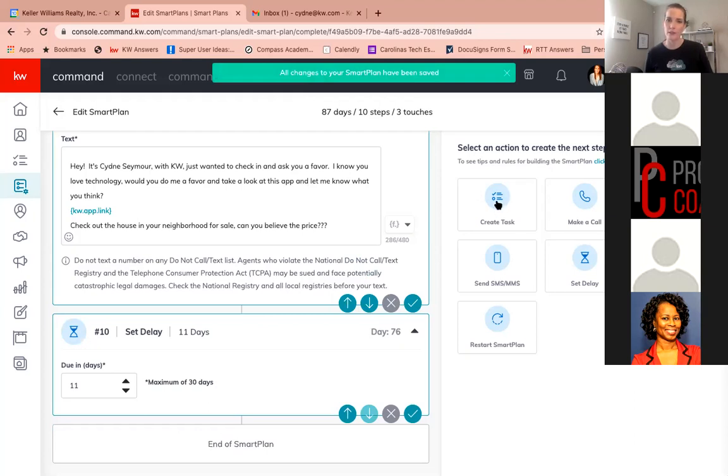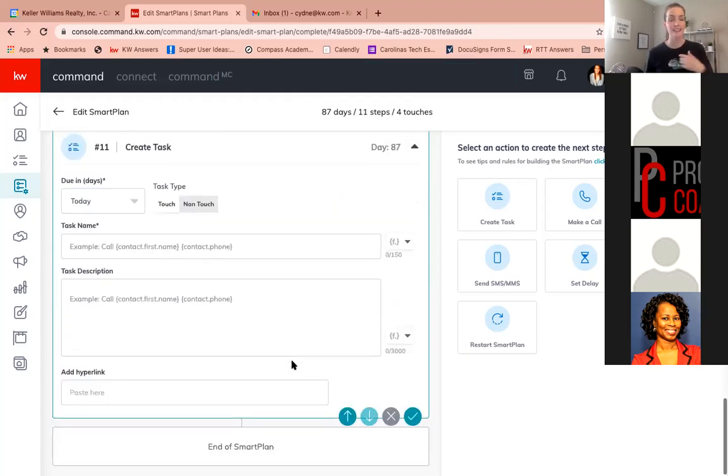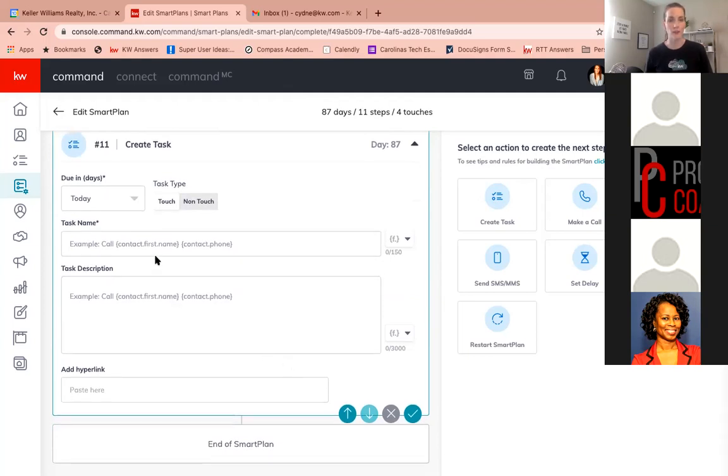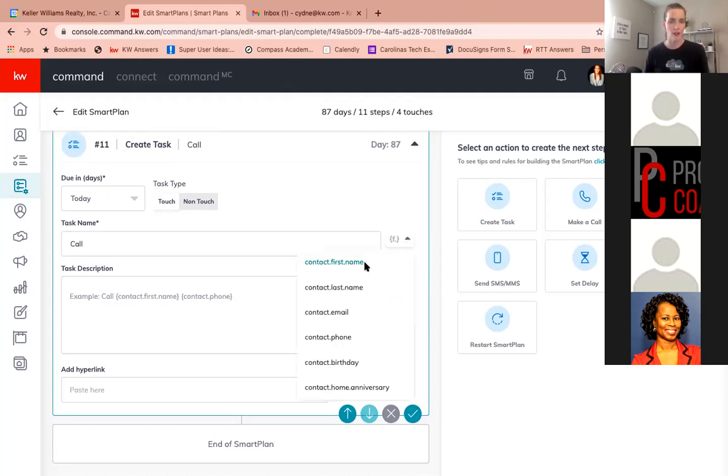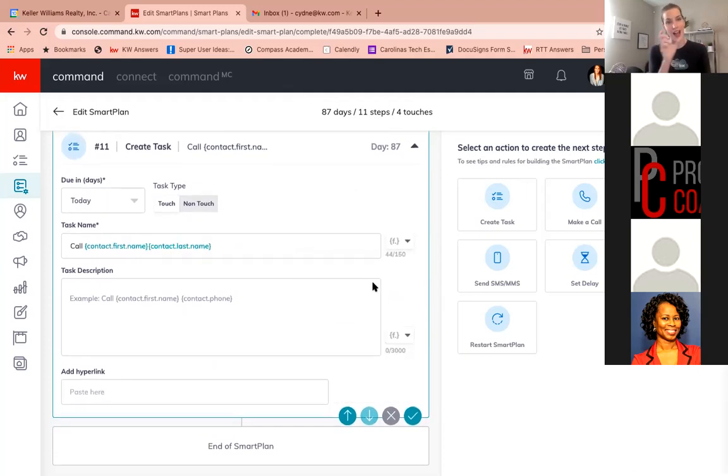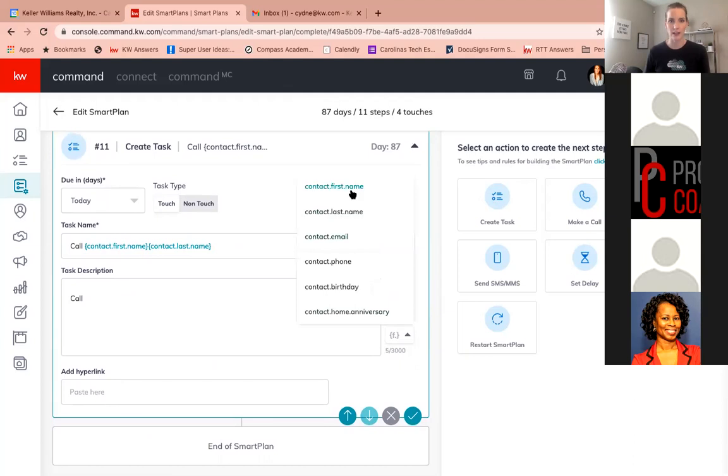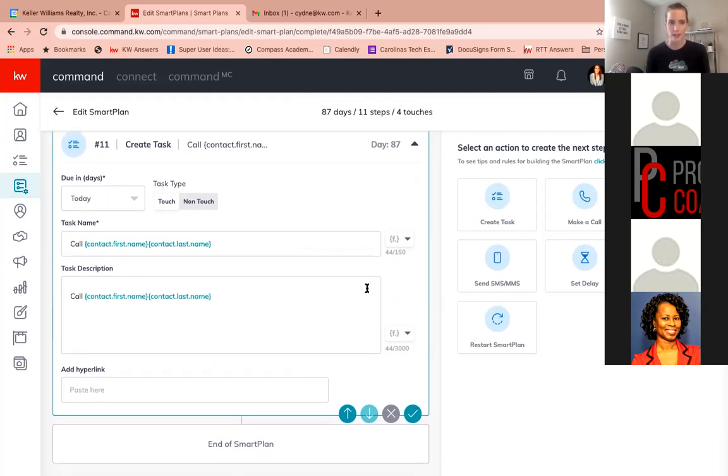So I'm going to click right up here and choose create task. And the task is I just want to call them. So I'm going to say call, and then I can even use those merge fields again and say call contact first name and contact last name. So when it comes up as a task, it shows me right there who I need to call. And I'm going to say call in the description again, and I might even say contact first name and contact last name again, just so that when it shows up, I see that. And I'm going to say in the task reminder,